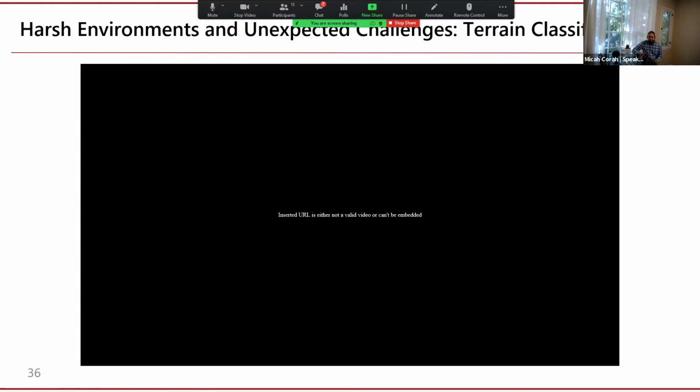Okay. Anyways, this is the more serious discussion of terrain classification, which was a huge challenge for us and other teams in the competition. And in general, in mines and caves, it can be difficult to determine just how risky it is to navigate a certain slope or rubble pile, and that only gets harder in the presence of mud and water. And we encountered scenarios much like the one shown here while field testing our robots this summer.